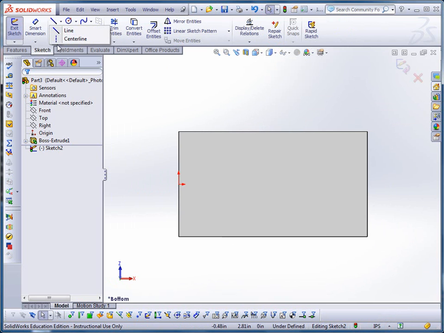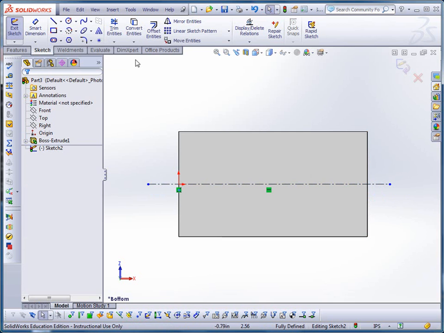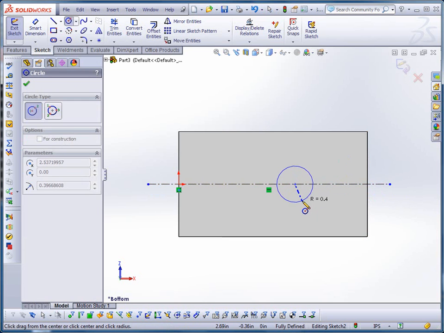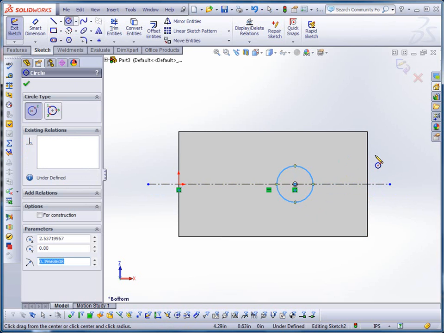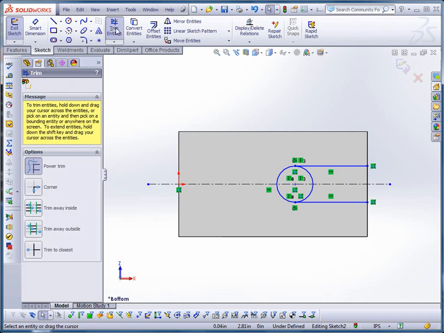I'll draw a center line that goes through because once again I want to have symmetry built in here, and I'm going to use a center line to maintain that. Now when I put my circle in for that slot, I can go directly on top of that construction line, and I know that it's got a coincident relationship. I'm going to draw a line that goes from the quadrant over to the end. I'm going to have it come down here so that it tracks off the quadrant, come back to the quadrant,